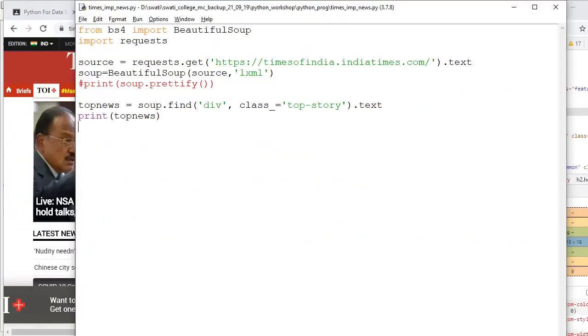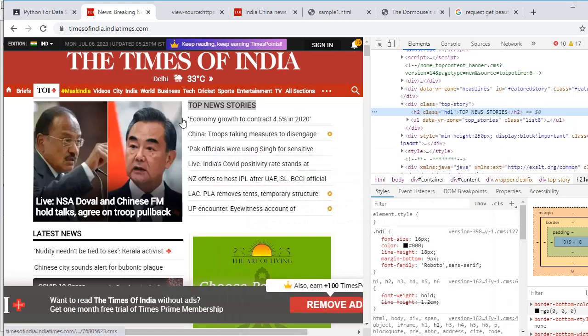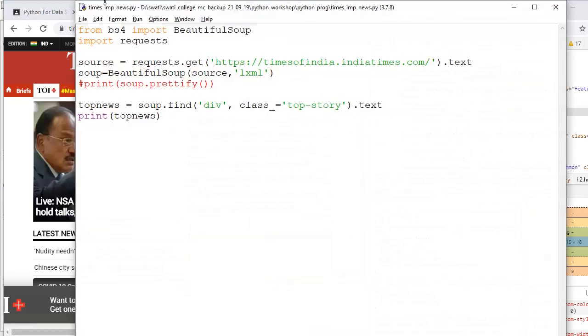Let's see an actual web scraping example. We are going to take the top news stories from Times of India. These are the imports: from bs4 import BeautifulSoup, import requests. Next I'm going to make a get request, requests dot get the URL dot text, so the HTML of this page would be stored in source.